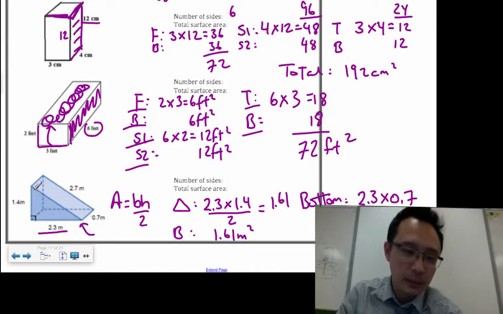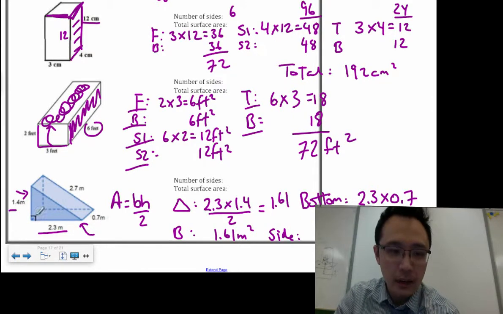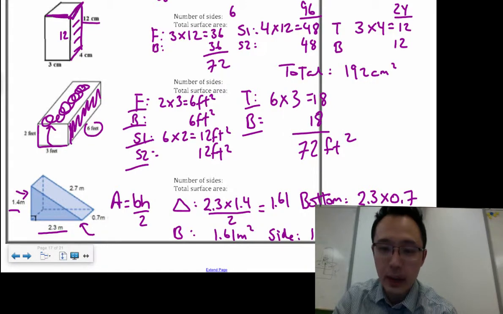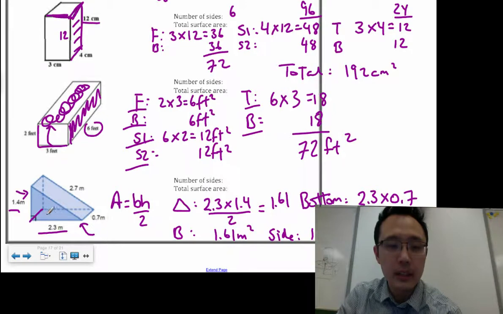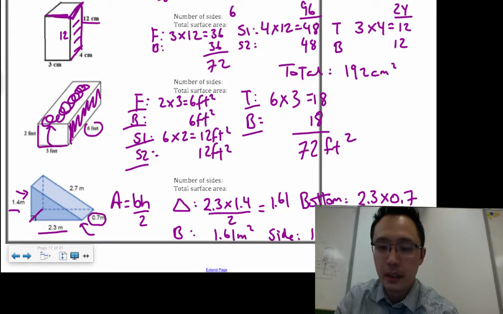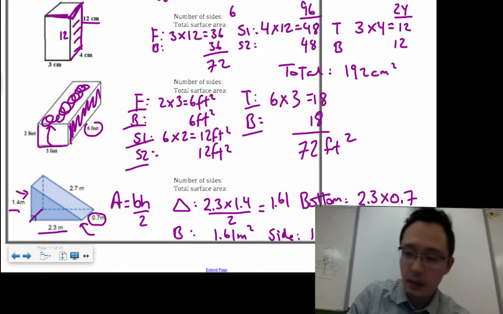What about the back side right there? Let's just call it the side. What are my dimensions? I have 1.4. It's a rectangle, and the base is given here, which is 0.7. So that gives me 1.4 times 0.7 is